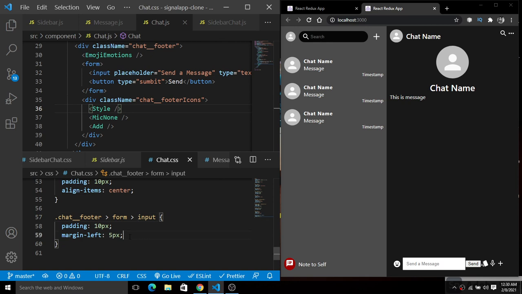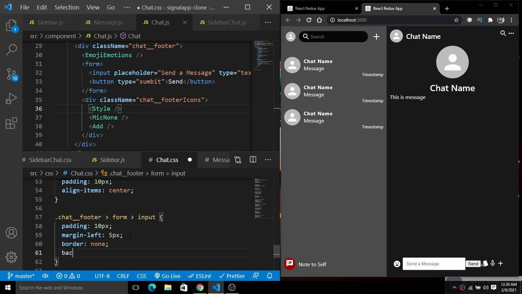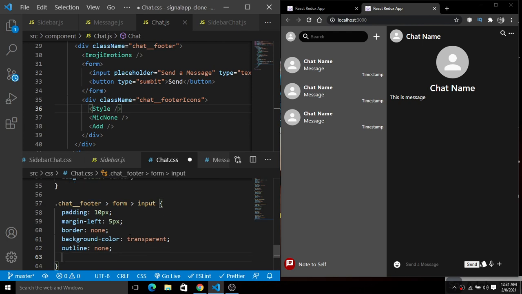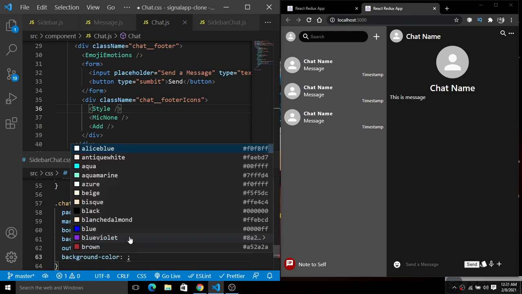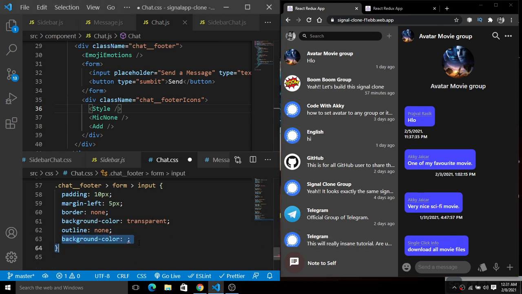Fine. Got it. And next we'll simply give the border none, background color transparent. Now save this. Outline none. Okay, now simply give a background color, and now you guys can see we have this background color of this thing. So instead of this transparent, we will simply change the background color to the gray color.